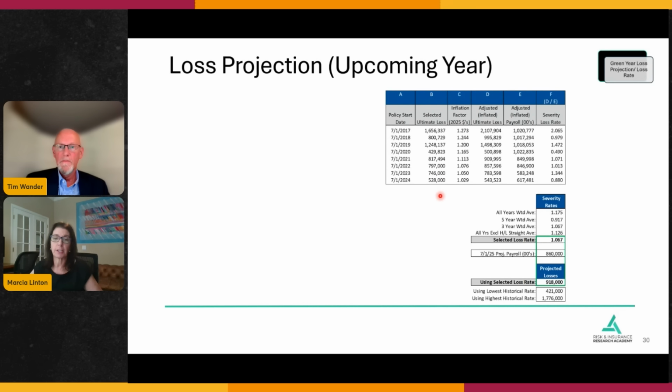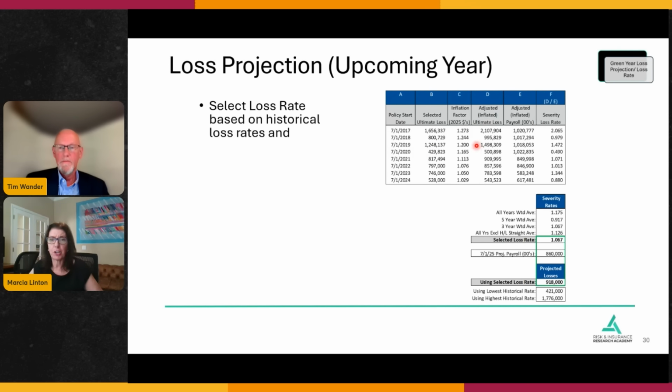If you are using a different deductible, let's say you're looking at increasing your deductible, you would have to adjust and run the numbers for all of these years at a higher deductible. But we'd still take the same development factors, side by side everything, make a selection, and come up with our selected ultimate. And then we have to do a couple of extra steps when we're estimating next year. We have to